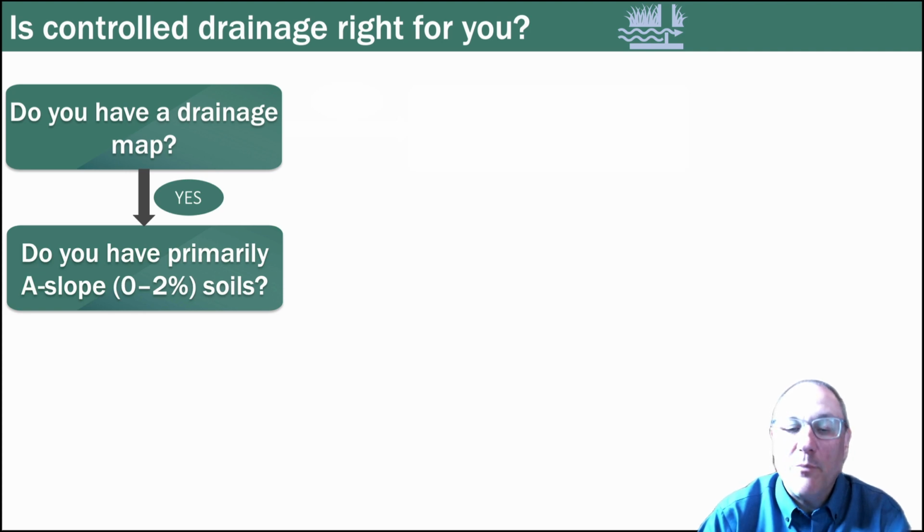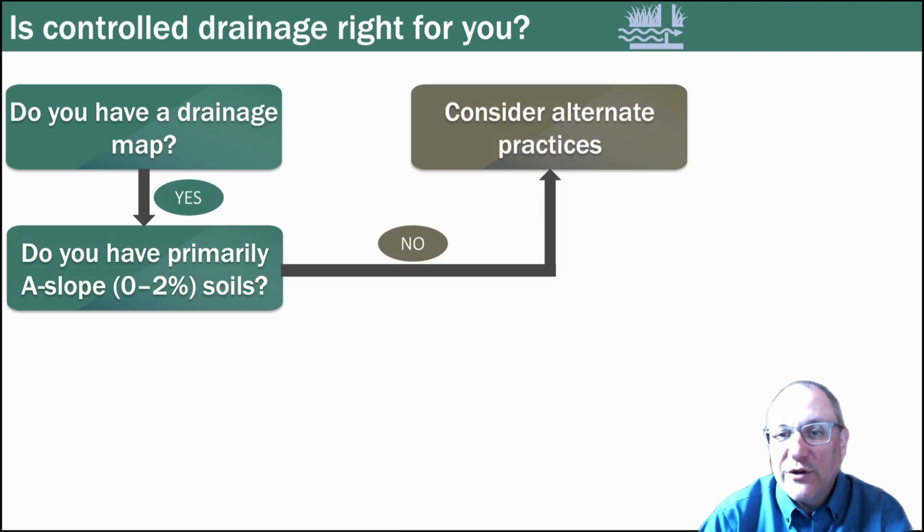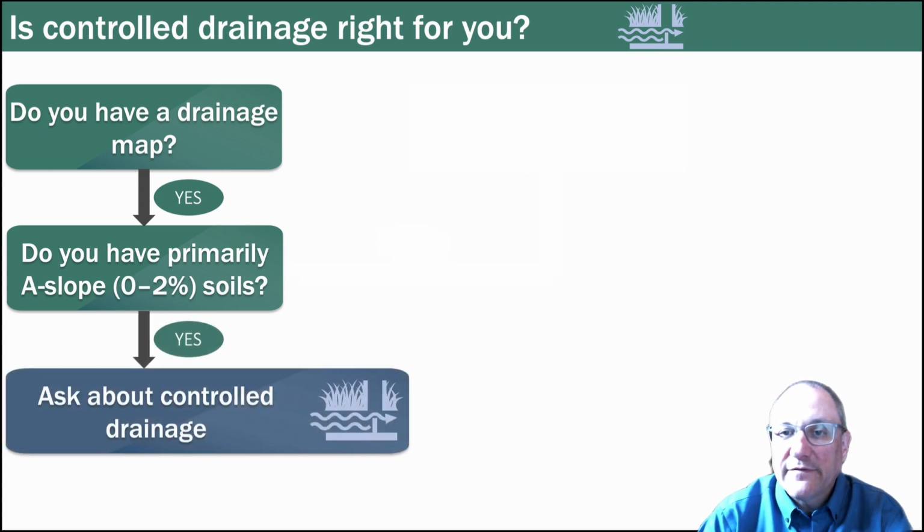If there is a good drainage map, or it will be a newly installed system that can be designed for controlled drainage and then would come with a good drainage map, the next question is what the land slopes are where the system would be located. Controlled drainage works best on slopes of 1% or less, but can sometimes be implemented on slightly steeper slopes at added expense. If slopes are steeper than 0 to 2%, or A slopes from a soil survey, then it's likely not going to be a good site for controlled drainage. But if the site's relatively flat, then controlled drainage could be considered.